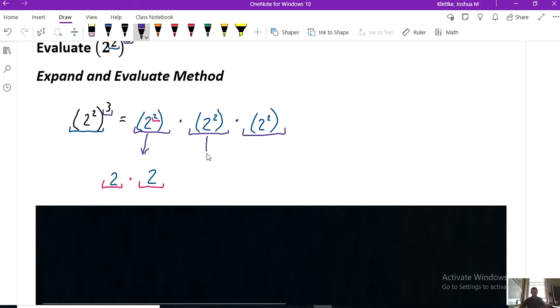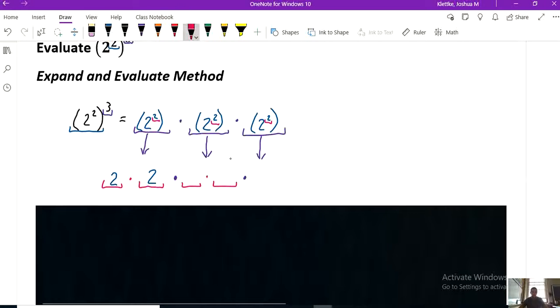I'm going to do that for all 3 of my 2 to the seconds. So again, 2 to the second means I'll have something times itself here, something times itself there,